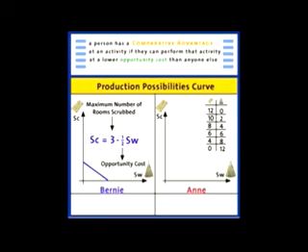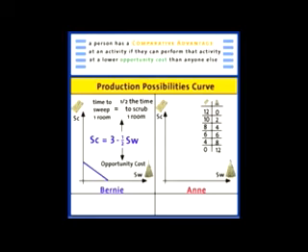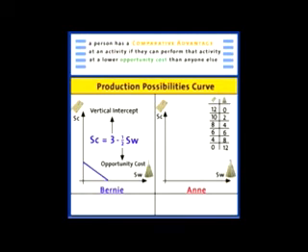The intercept tells you the maximum amount of scrubbing that Bernie can do, and the slope of the line tells you the opportunity cost of a room swept, measured in terms of lost scrubbing. So here's Bernie's equation, and here's his production possibilities curve. Now we can draw the curve for Ann. Well, let's start. If Ann does no sweeping and all scrubbing, then she can scrub 12 rooms. So let's put a dot here in her curve that represents 12 rooms worth of scrubbing and